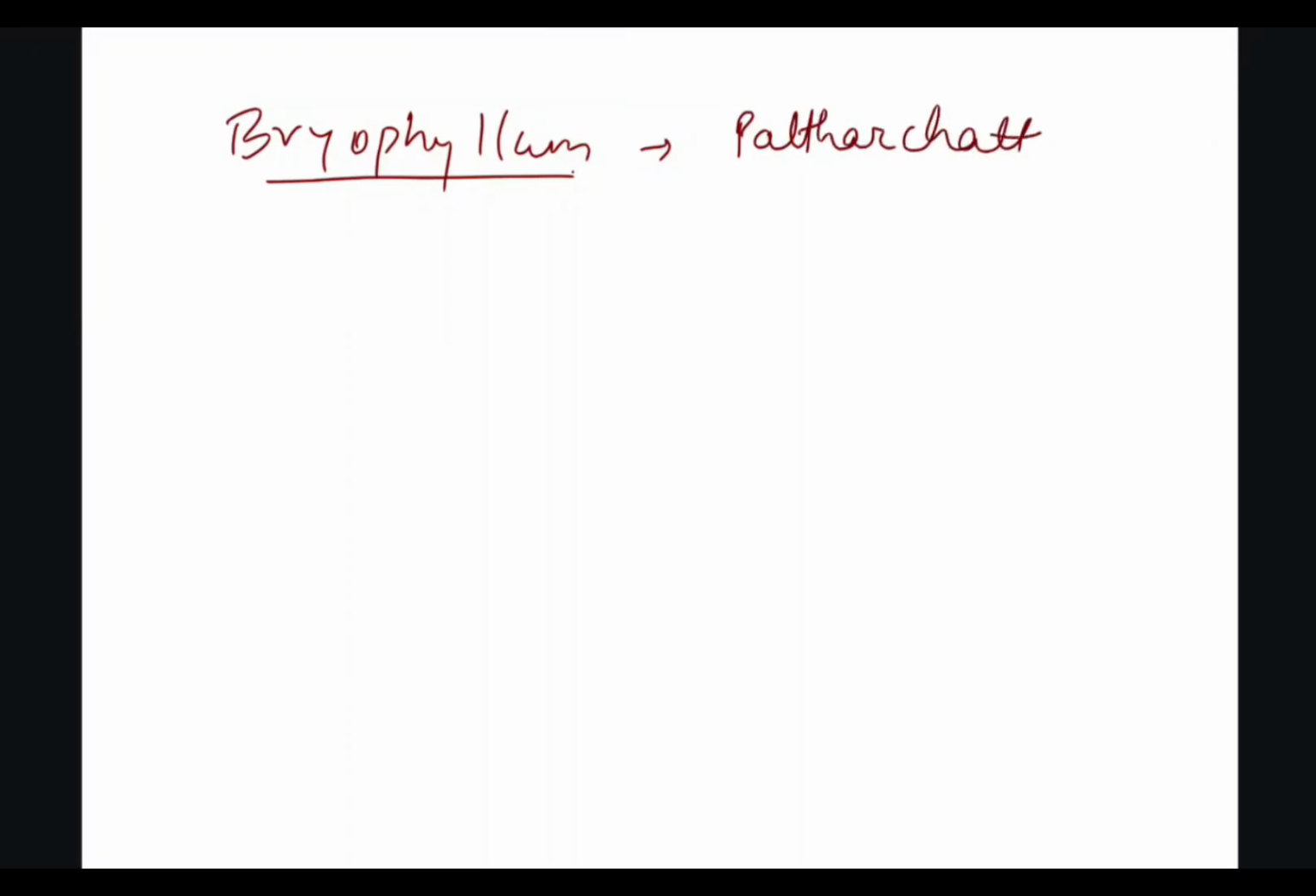Now we move on to... okay, before we move on to them, I must tell you about this one. There is one plant, bryophyllum. In Hindi we call it Pathar Chatta. I don't know if you have heard it or not, but bryophyllum,